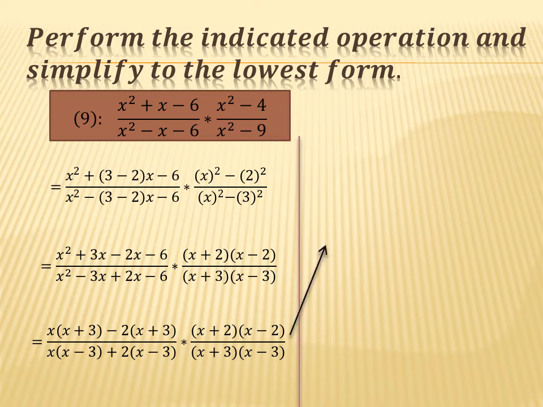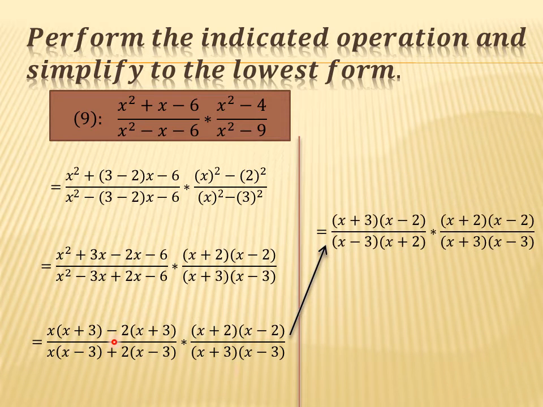Now we will write the brackets once and the digits x minus 2 and x plus 2 outside the bracket in a separate bracket. Now we have the sign of multiplication. It means we can cancel the same numerator and denominator. X plus 3, is there any other x plus 3? Yes, it is in the denominator of the second fraction, so we will cancel them. X plus 3 will get cancelled with x plus 3.